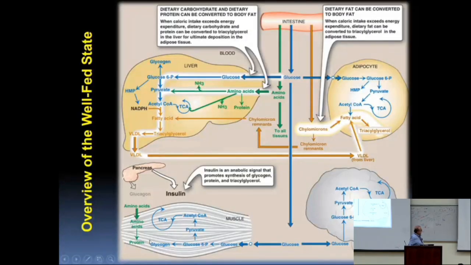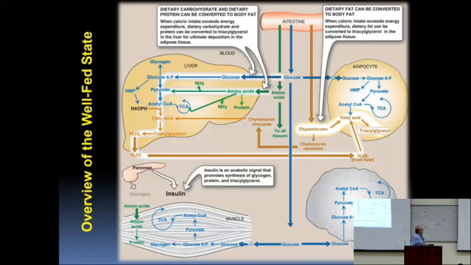So glucose picked up in muscle is used to make glycogen. It's used for glycolysis. Similarly, amino acids picked up by muscle are primarily used to make muscle proteins and enzymes and receptors and contractile proteins, structural proteins. So very important during the well-fed state. In adipocytes, you have uptake of glucose, increase in glycolysis, increase in the intermediates of glycolysis,